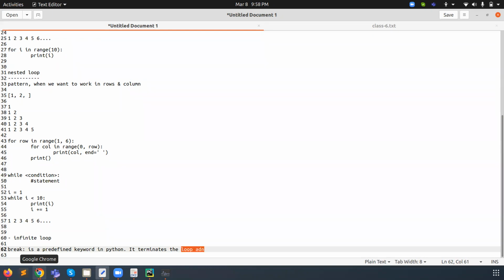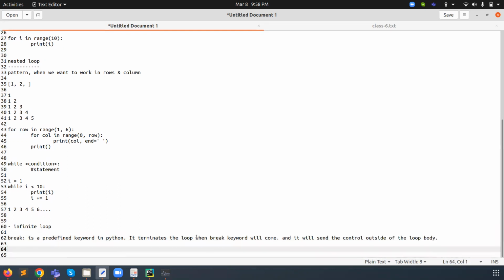It means that when the break keyword comes, it sends the control outside of the loop body.